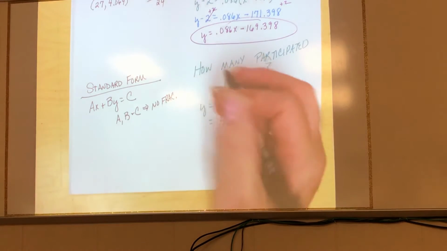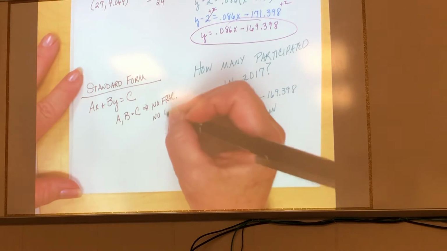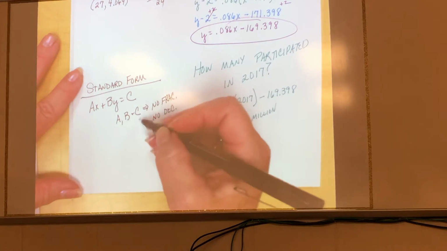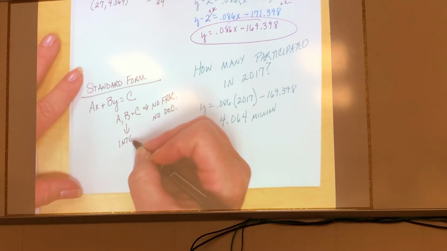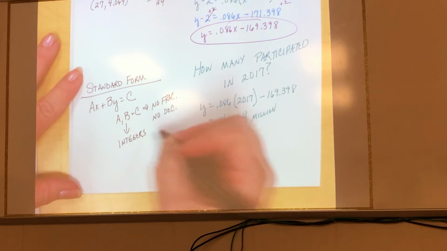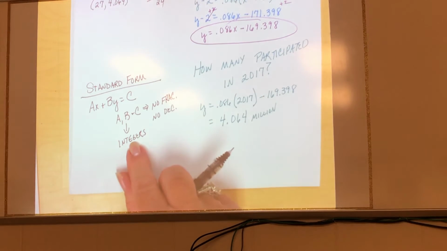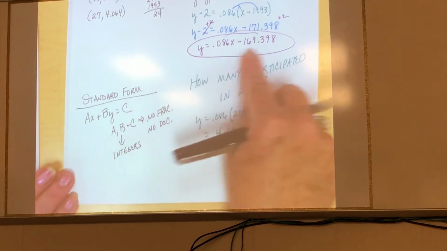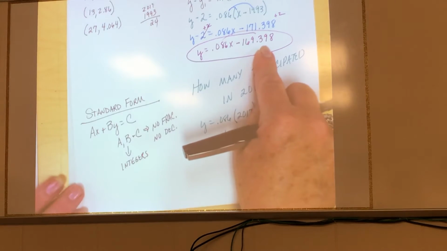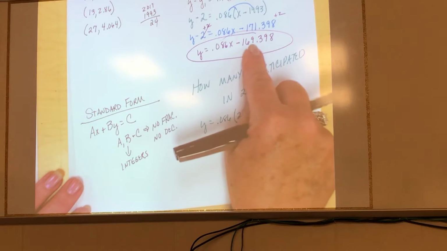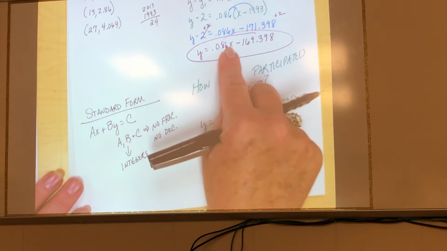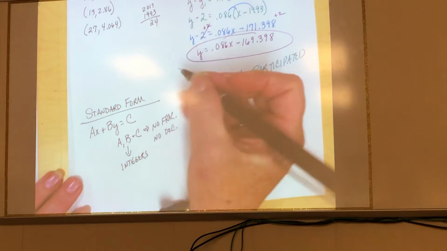No fractions, what else? No what? Decimals. Because what are you trying to make A, B, and C? What must they be? Integers. Whole numbers and their opposites. Okay? So in order for it to be in standard form, what's going to happen is that you're going to get an answer, it's going to be in slope-intercept form. All of our answers have been in slope-intercept form, and then you're going to have to put them in standard form. So you would have to pull this guy over here, and he would be negative